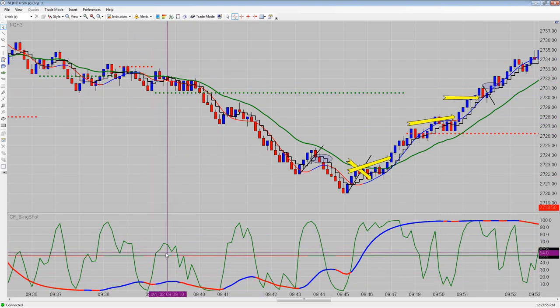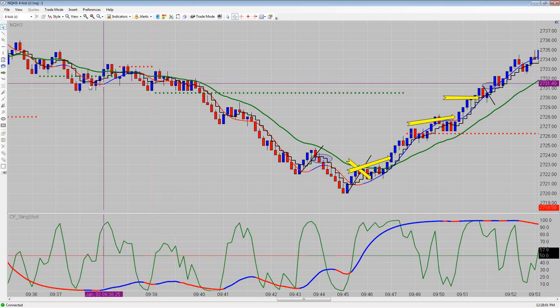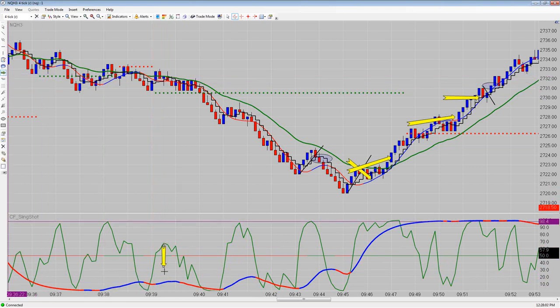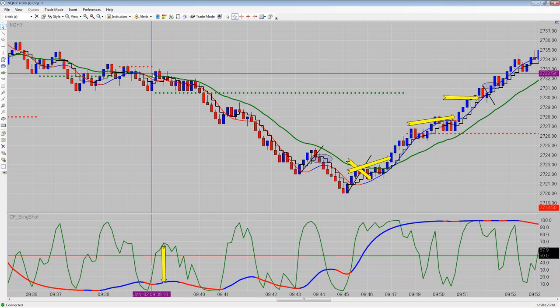you're going to have divergence down here on the slingshot. If you get all that coming together and you get a down close off of the BBC, then you can short that down close. Now we did have some divergence here. When I say divergence, I mean the green line is moving away from the cycle portion of the slingshot. In this case, the cycle portion was blue,